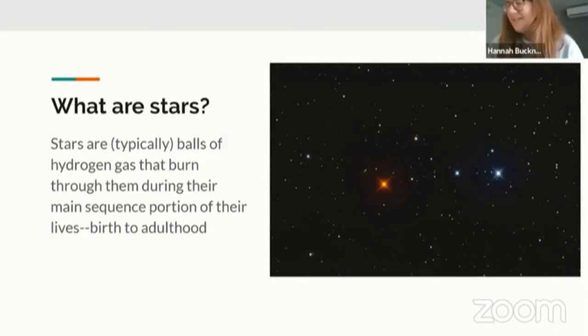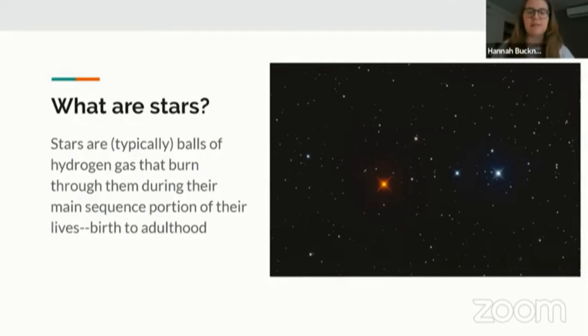Okay, so yeah, so we said that stars are balls of burning hydrogen gas, and the hydrogen part is very essential. When we look at a star, there are aspects of physics, chemistry, and astronomy called spectroscopy. And that tells us by looking at light and the colors that we see in return, it can tell us what an object or gas is made of. So when we look at stars and we see how much hydrogen we have, we can also kind of tell how late they are in their lifespan.